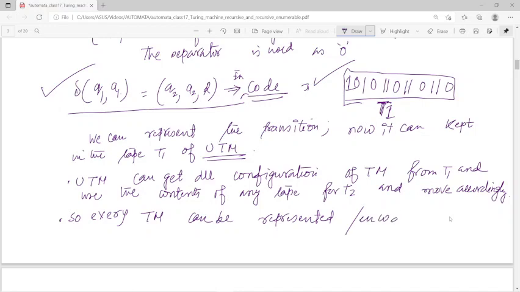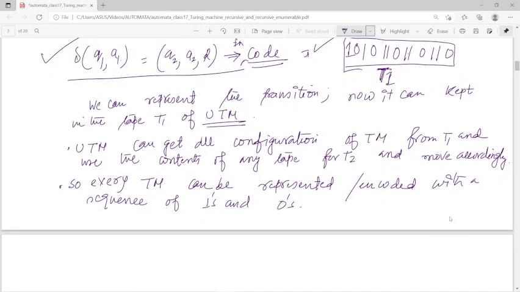or you can say encoded with a sequence of ones and zeros। আমাদের কম্পিউটারে কি is nothing but a sequence of 1 and 0, and সমস্ত টিউরিং মেশিনকে তুমি 0 আর 1 এর সিকোয়েন্সে কিন্তু করতে পারো, রাইট? তার মানে এভরি টিউরিং মেশিন, মাথায় রাখে, every Turing machine we can encode or represent by using a sequence of ones and zeros, but the converse is not always true, that means but not